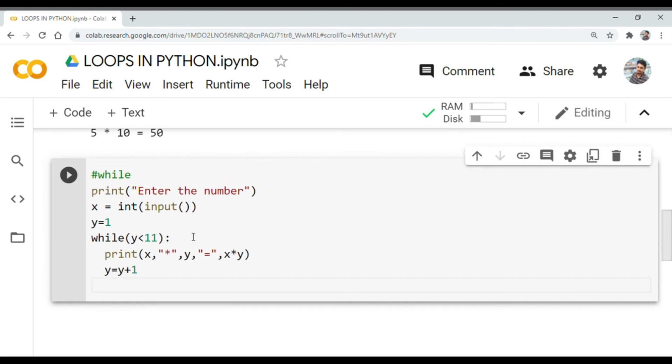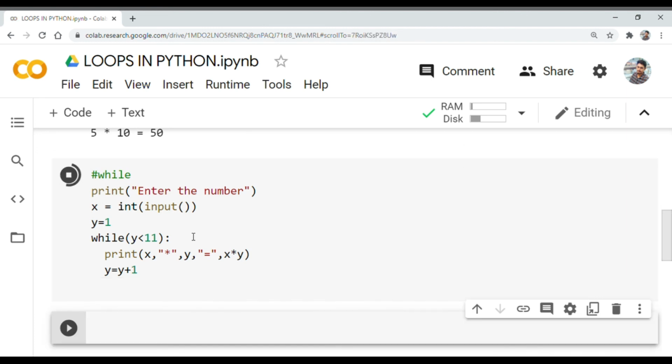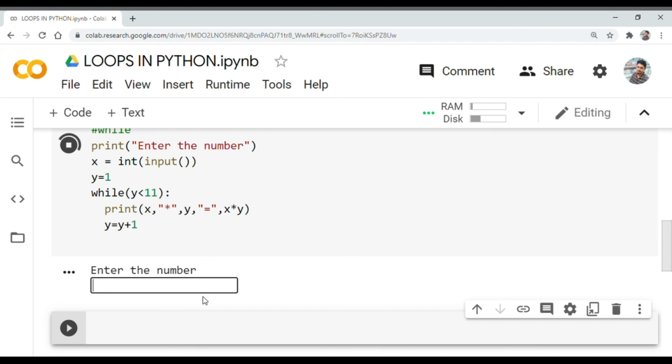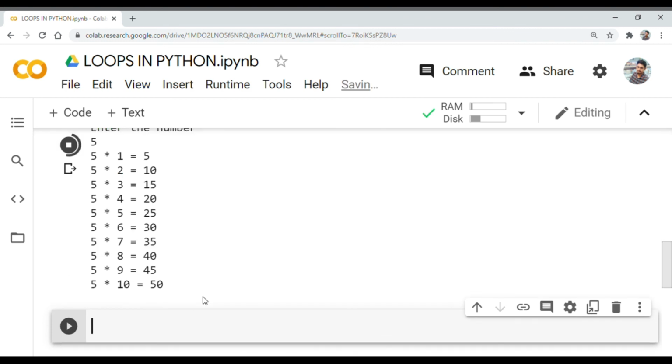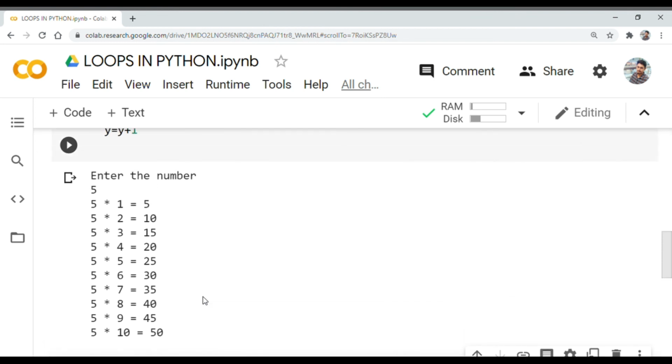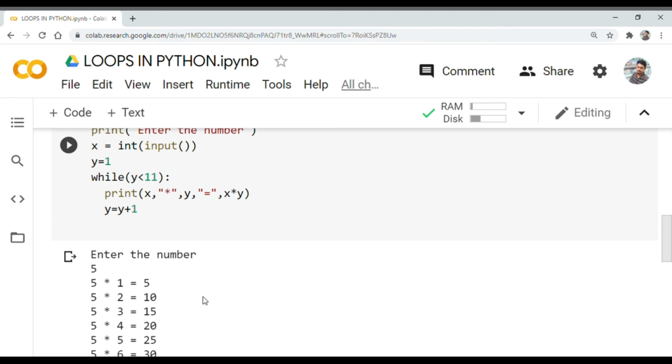The output must be the same as we have expected.